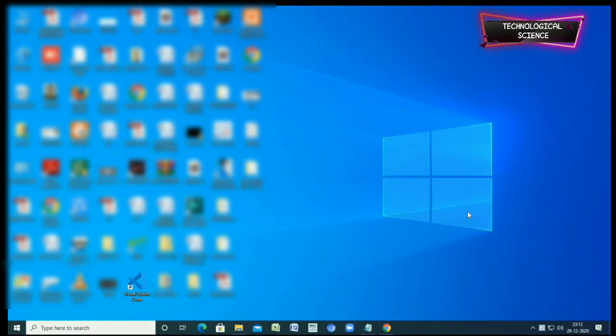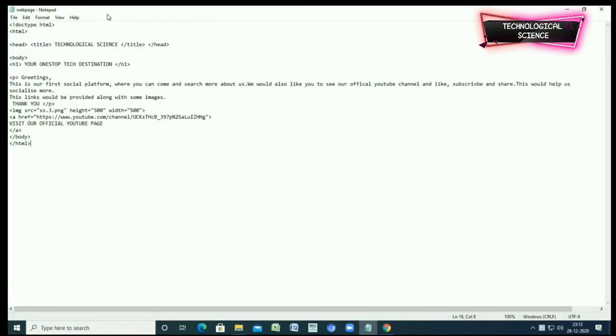And to make it even clearer, I have already typed the codes here. As you can see, I've already typed the codes. I want to keep the video short and easy to understand. Okay, so let's get started, and I will tell you how you can create your own basic web page or website and what all you need to do it.